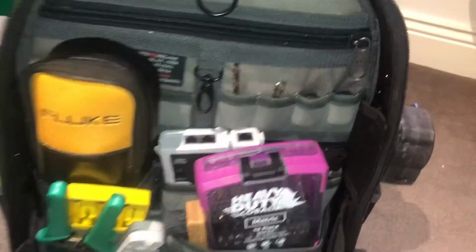This is just my hand tools. Obviously I have the back out for my larger tools that I need for fabrication and installation. But I cannot recommend this bag enough, guys. It's super comfy to wear. You get all this